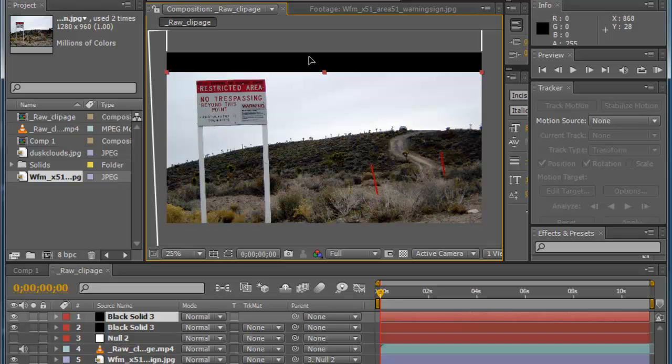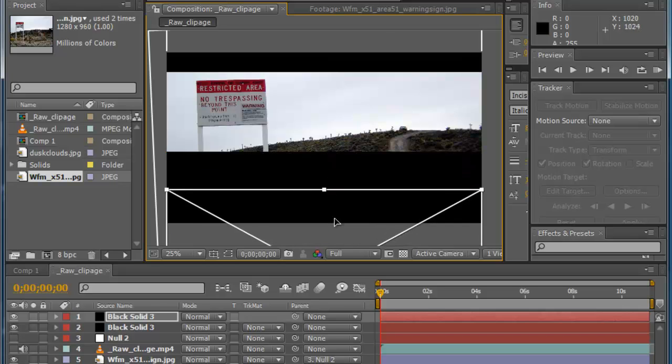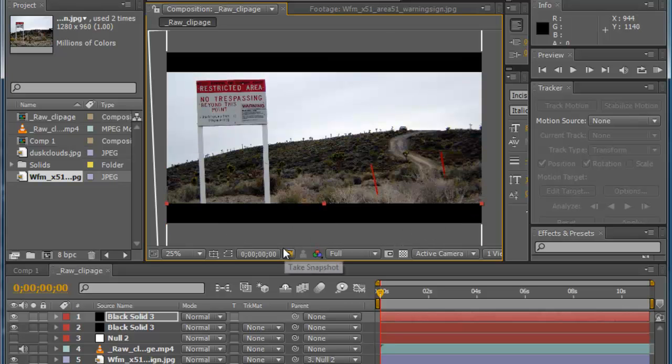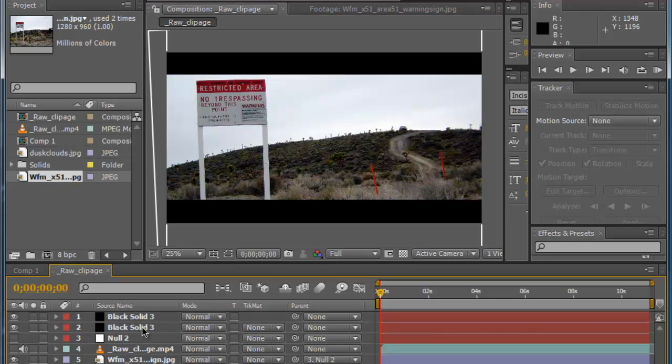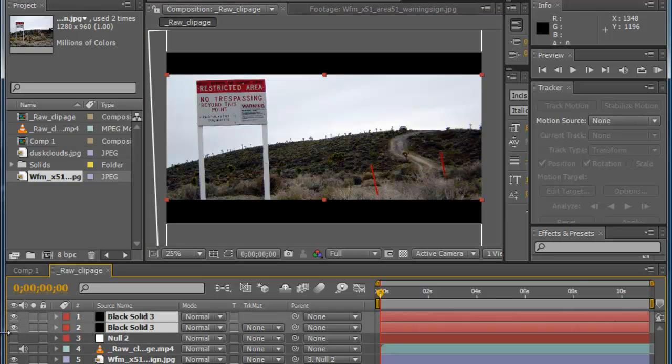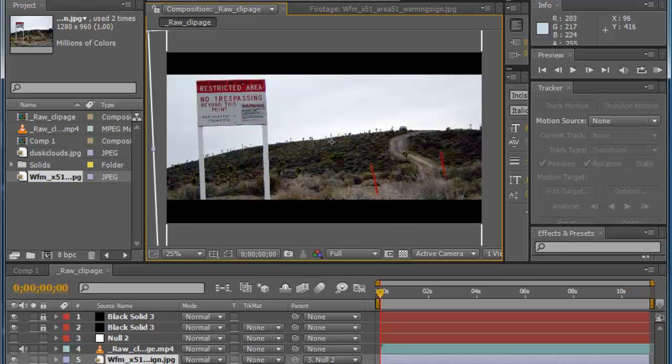Do the same thing, click on the layer, hold down shift and drag it down, continue to do so until you have something that looks pretty decent, and hit the up and down arrow keys to move this up and down, and that should work fine like that so far. What we can do is select these solids and lock these layers, so that when you're working in the composition you don't accidentally move the solids. Okay,